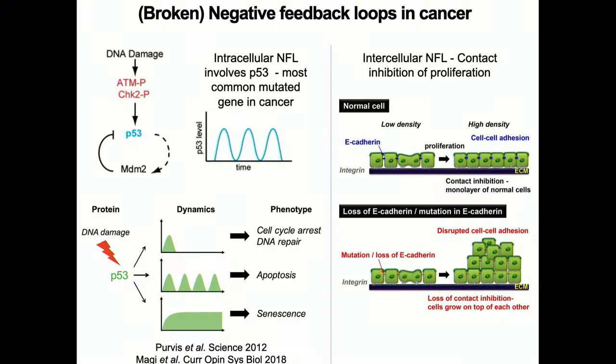Also, there is a phenomenon called contact inhibition of proliferation, which basically means that when a cell has to take a decision whether to divide or not, it is through various different molecules, one of which is mentioned here. It senses how many cells are present in its environment and calculates that, and based on that, a decision is taken whether to divide or not divide. If there is already a high density of cells here, it chooses not to divide, and that is what is called contact inhibition of proliferation. What happens in cancer? This molecule is lost or is mutated. Again, yet another example of a negative feedback loop being broken.